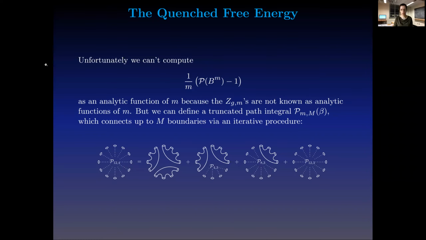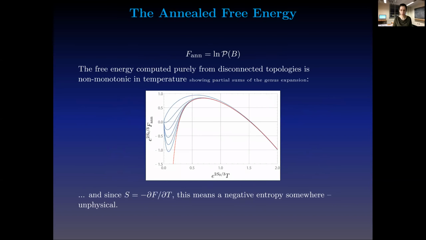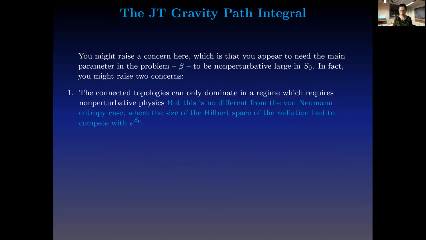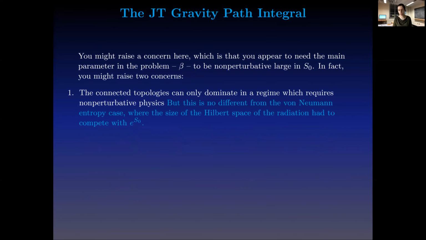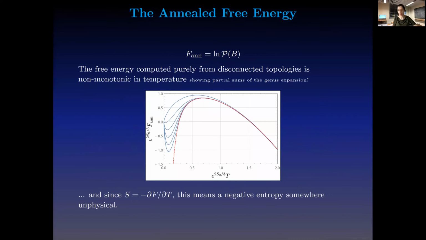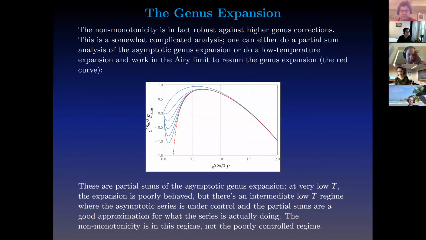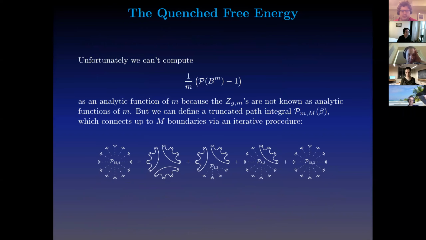So we can't compute this analytically as a function of m, even though that's what we would need to do to take the m goes to 0 limit, because the ZGMs, which I had before, are not known analytically in m. They're known recursively. Knowing one, you can compute the next and the one after that, but you don't have an analytic formula for them in general. So we can't literally do the analytic continuation, but what we can do instead is define what we call